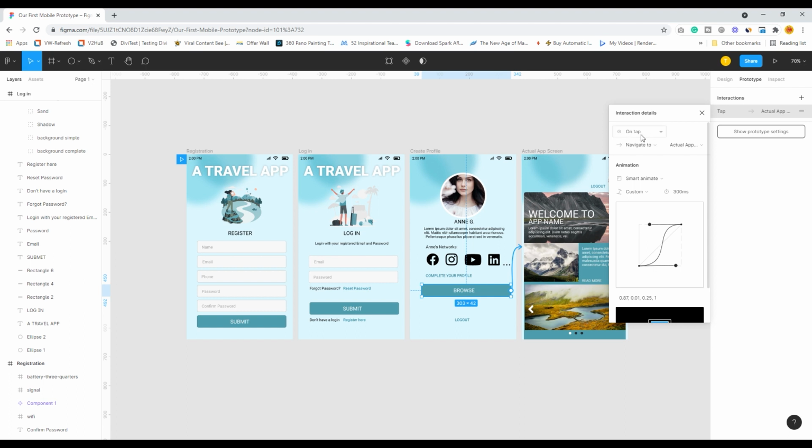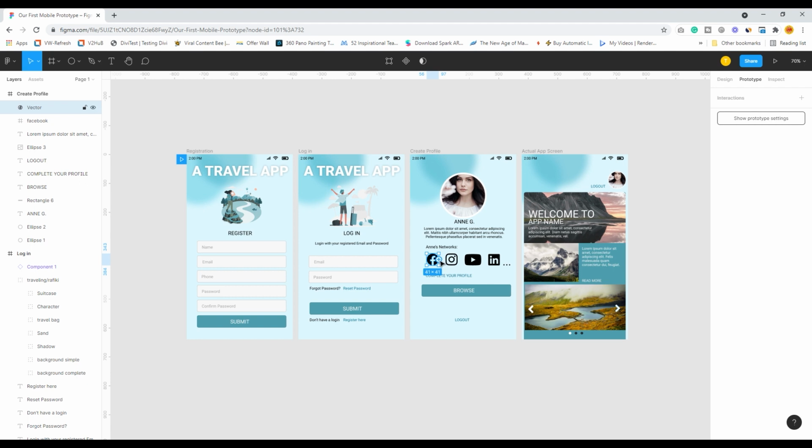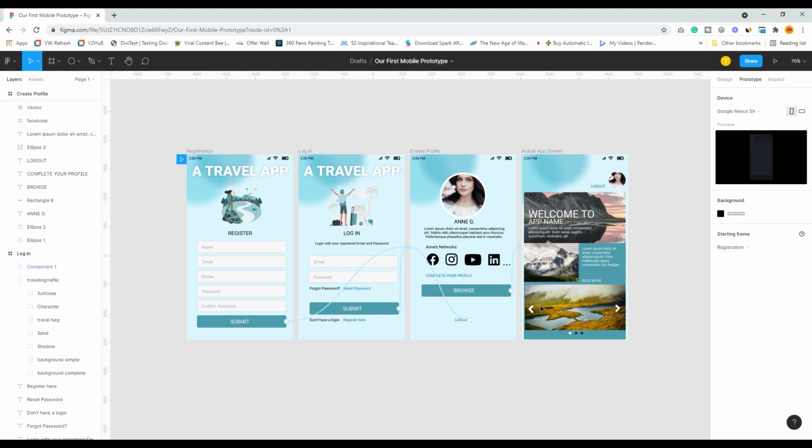And it is on tap of your finger that this will happen. If there are other things like on drag, if you are dragging this particular screen and this particular element, then it will happen, or something like that. If you want to have something like a hover effect, you can also do that while hovering over that particular thing. So if you want to hover over here and change something, you can also do that. Say for example, you click on these and you say that on hover you go to a Facebook screen, so you can also do that.